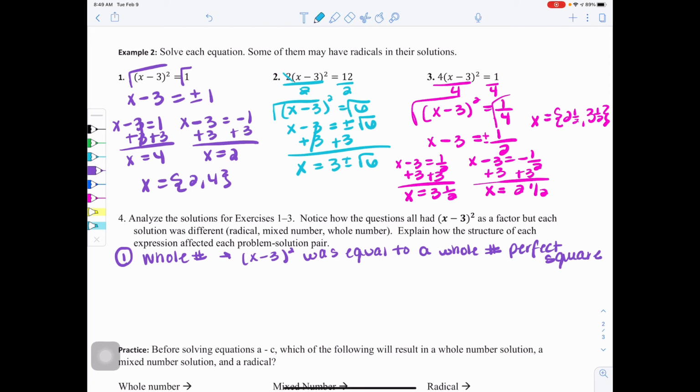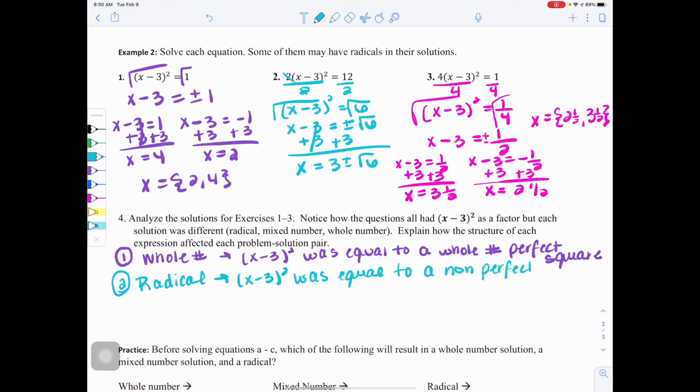If we look at number 2 under example 2, our answer ended in a radical. That's because our x minus 3 squared was equal to a non-perfect square. So anytime that happens, when you have it equal to a non-perfect square, you're going to have a radical as part of your answer. And then lastly, in number 3,